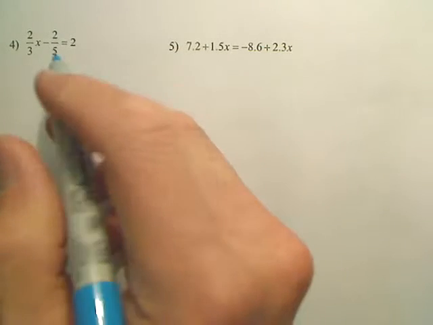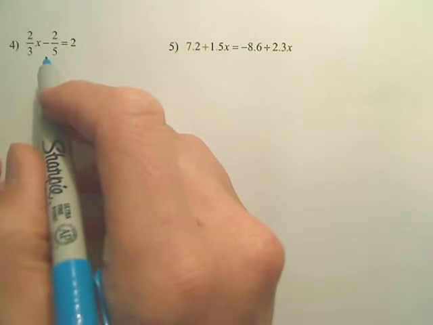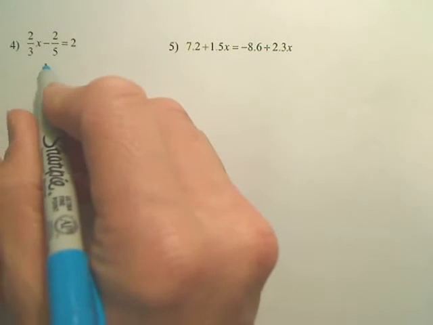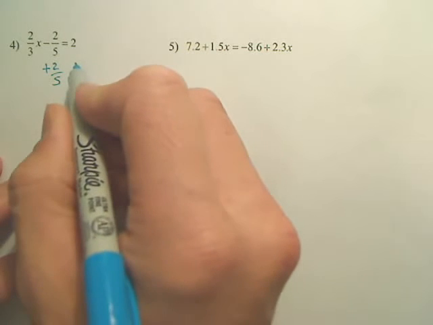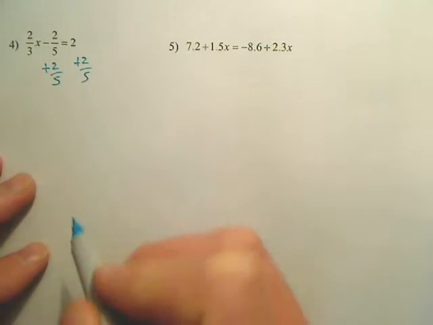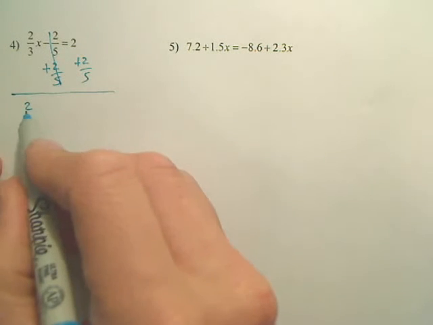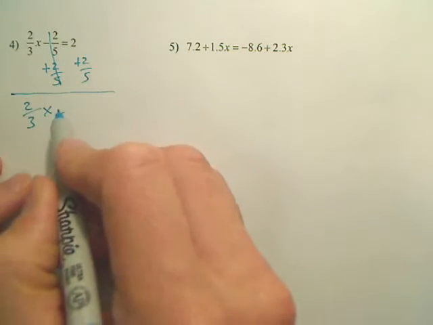Alrighty. For this one, the first step is to get the x by itself. So basically, we're going to first add 2/5 to both sides. Bam, that's gone. We have 2/3 x equals,